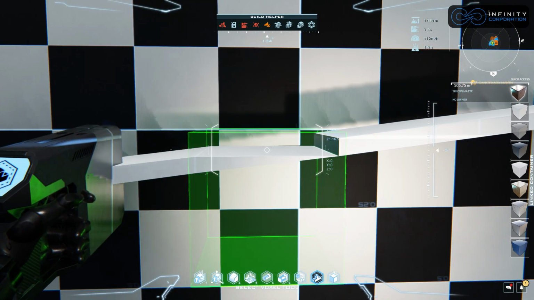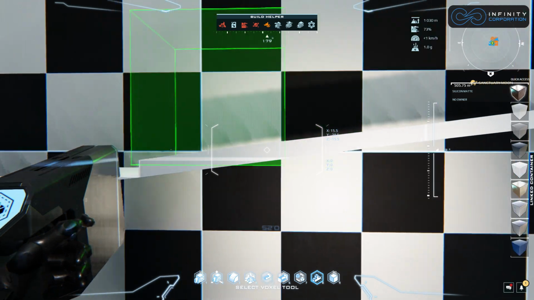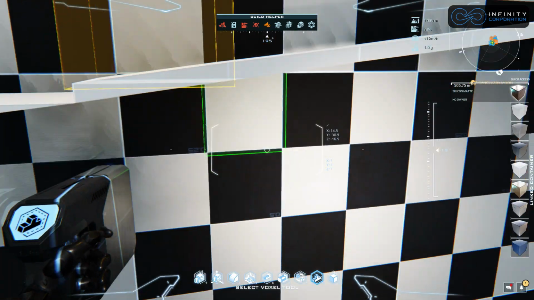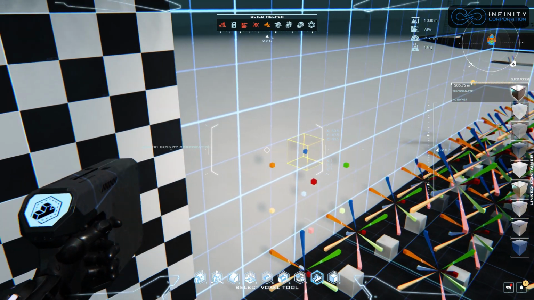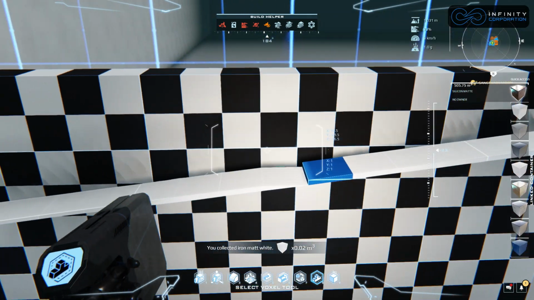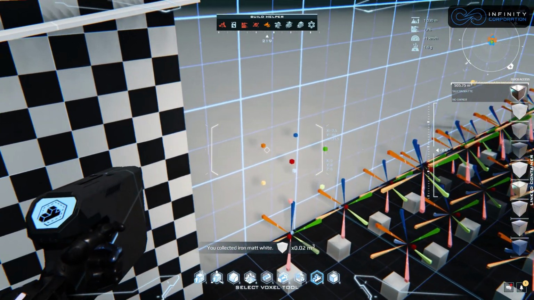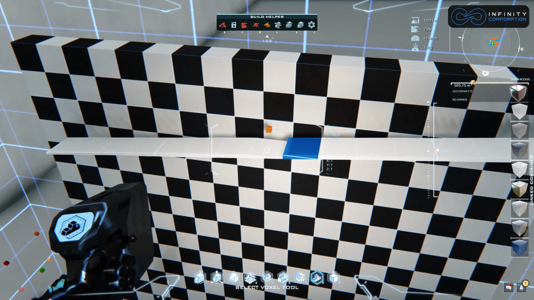It doesn't line up. So why, you ask? Why did it not line up? Well, this voxel right here, let's go ahead and grab a color and color this voxel. I'm going to make this one blue. So the blue voxel and the yellow and the orange voxel